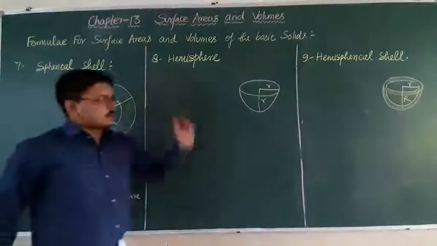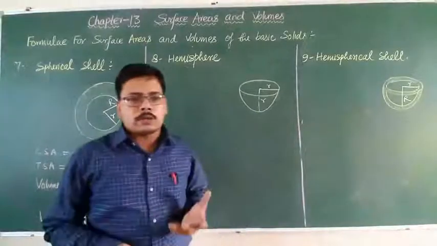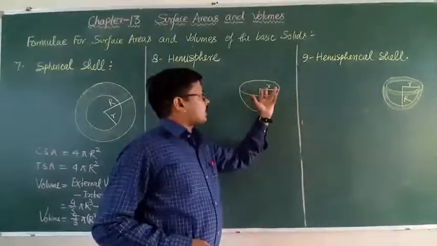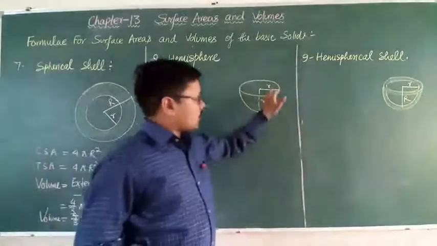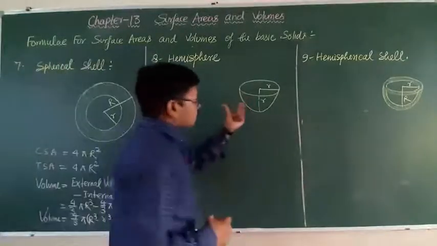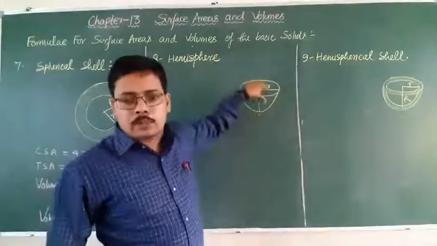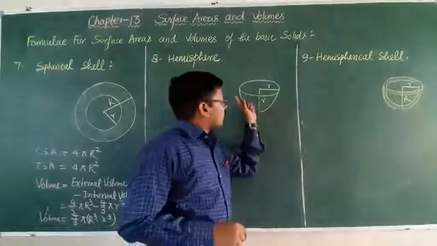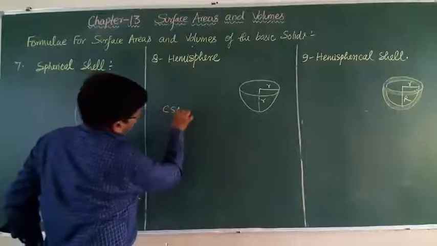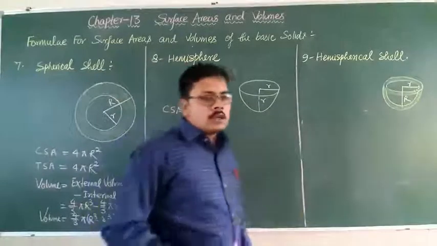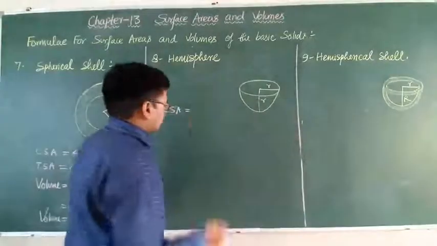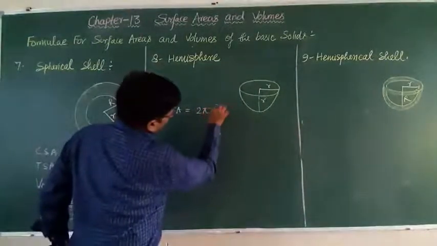Next solid is hemisphere. You know, hemi means half of the sphere. This is, and again the radius of this is r, and this has the curved surface area. This has two faces. Okay, one is the plane and one is the curve. So CSA of this hemisphere, that is half of the CSA of sphere. So half यानी 4 pi r square उसका था, तो यहाँ पे क्या होगा, 2 pi r square.